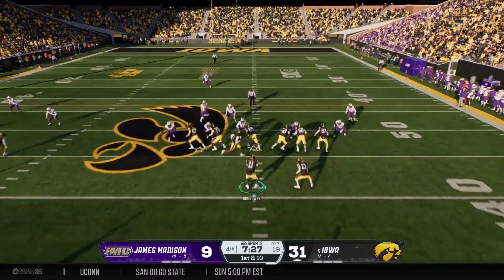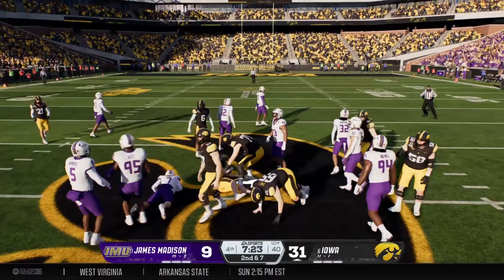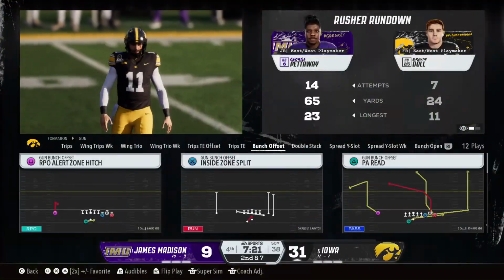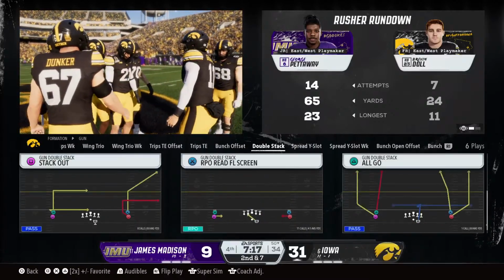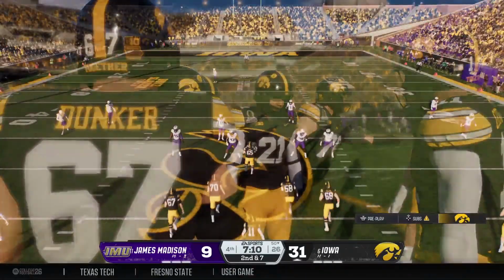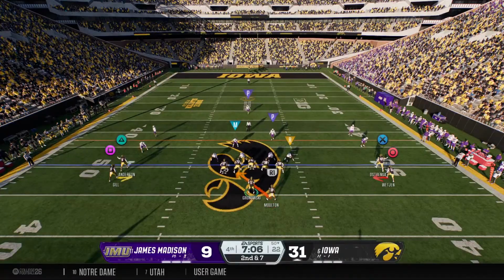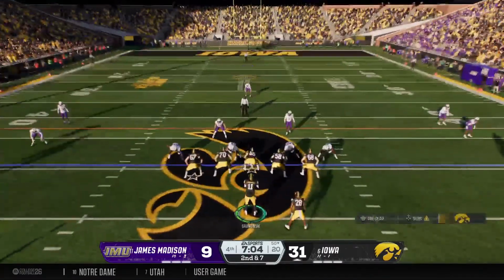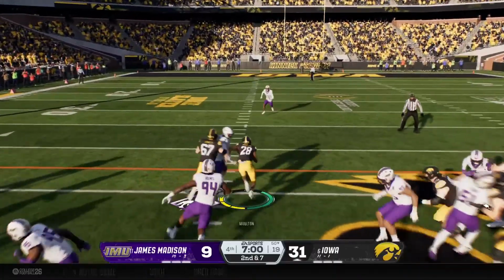Pre-snap motion from the receiver. And the ball is handed off out of the shotgun. And the senior able to make the stop after a short gain. Well, that's just not a whole lot of options here for this quarterback on the RPO. The defense, give them credit. They did a nice job of sniffing it out. I wouldn't be surprised if the quarterback is second-guessing that decision of giving it to the back instead of pulling that and either running it himself or maybe making a nice throw.